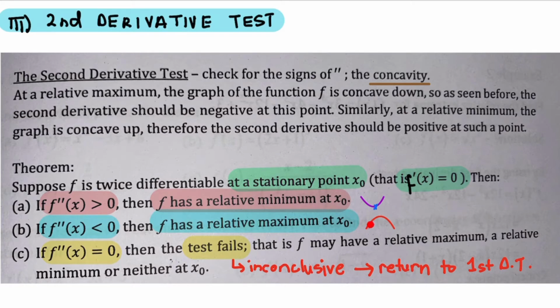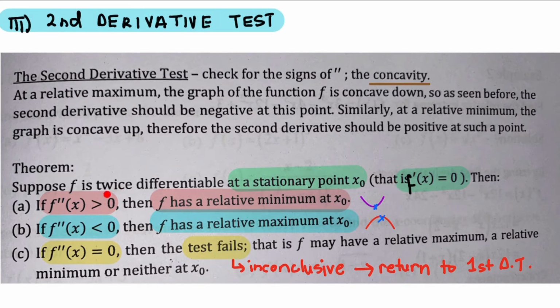And for this shape here, you will have concave down. So from concave down, you can say that you have a relative maximum. So how do we test this? The way to test this is you need to find f double prime, and then check three conditions. From your f double prime, when you put in the value of x, your critical number, if it gives you a positive number,